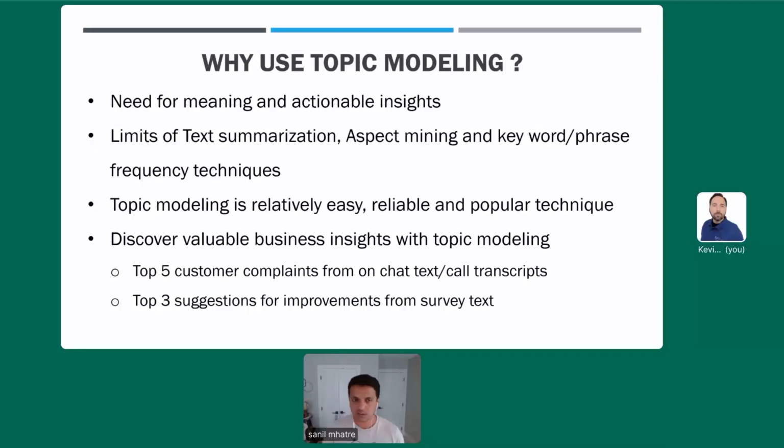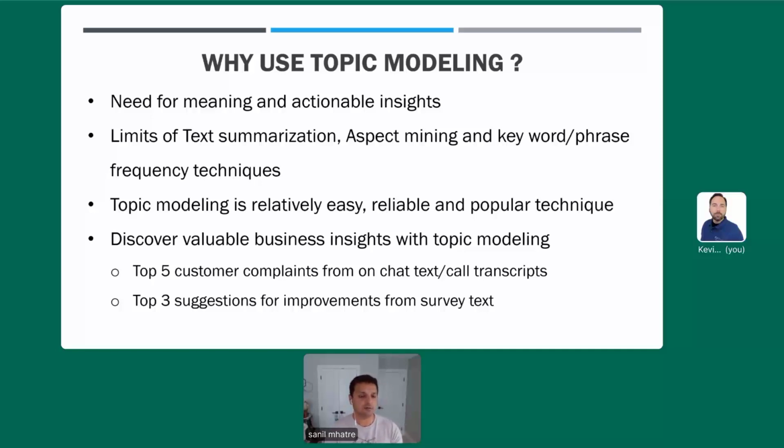There are some limitations to the other techniques we talked about previously, like sentiment analysis, text summarization, aspect mining, keyword and key phrase frequency techniques. Topic modeling overcomes most of these limitations. Topic modeling is also relatively easy, it's pretty reliable, and it's a popular technique, so there's a lot of help and support available for this online.